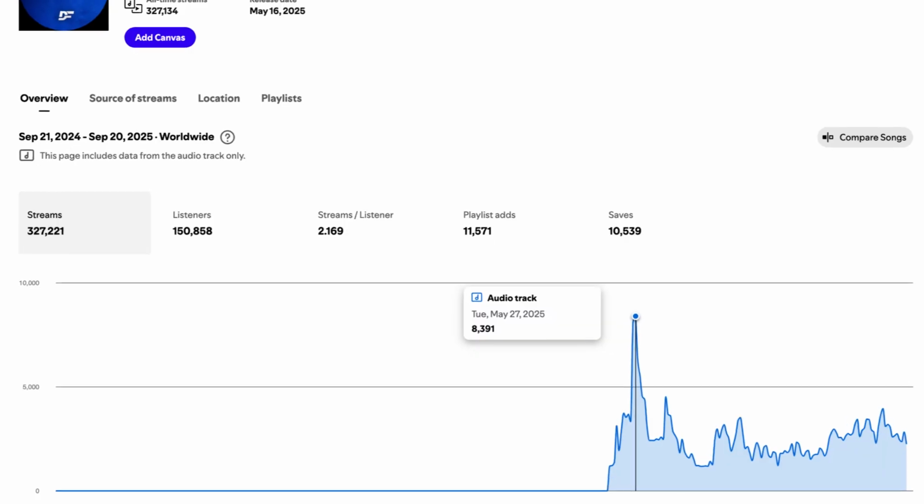So Move to It was one of those tracks that performed exceptionally well on Spotify. It got almost 8,000 streams a day, which has never happened to me before. It got a lot of algorithmic push, obviously combined with the marketing strategy I'm using. But because of this great performance and it almost hitting 200,000 streams on Spotify, I thought I want to give